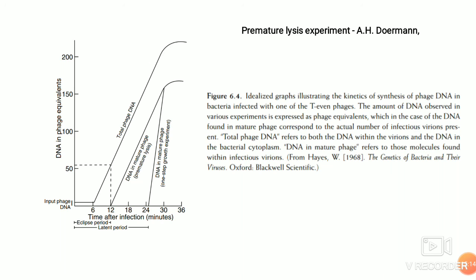The difference between here and the one-step growth experiment is that at each step, say at 5 minutes, after mixing of host cell and the bacteriophage, followed by 5 minutes, a plaque assay is done. But here in the case of premature lysis, the whole cells are lysed and then either assayed for the presence of genetic material and protein codes, or for the total